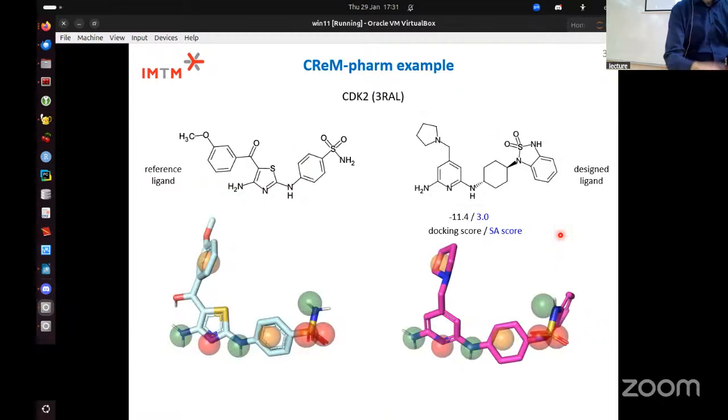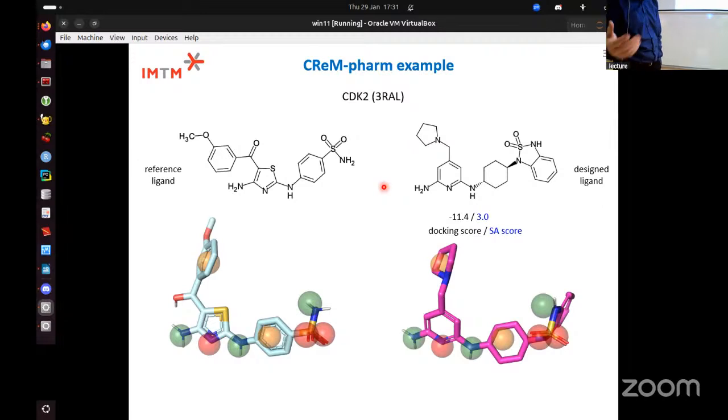Here are examples of compounds which were designed using the pharmacophore. Here's the reference compound with this pharmacophore, and here's the compound which was designed with a higher number of saturated atoms. So maybe it would be active. It looks like it could bind to the hinge region. It satisfies some